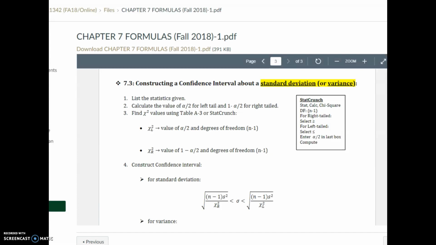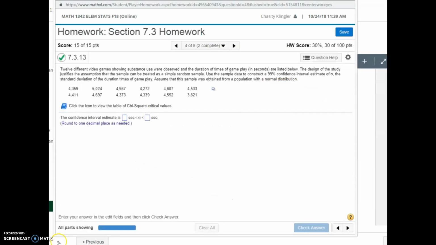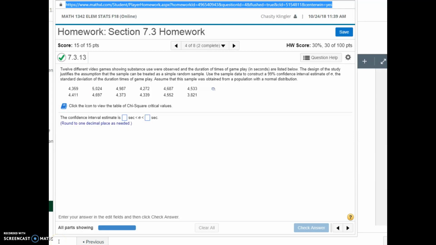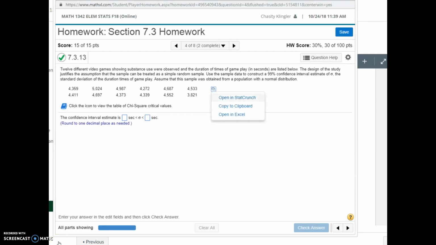You need two important values here. You're going to have to find the chi-squared to the left and the chi-squared to the right values. They're two totally different values, because to find the confidence interval you're going to need the chi-squared to the right and the chi-squared to the left. When you look at this problem, it gives us a list of sample data. So we're going to go to StatCrunch,